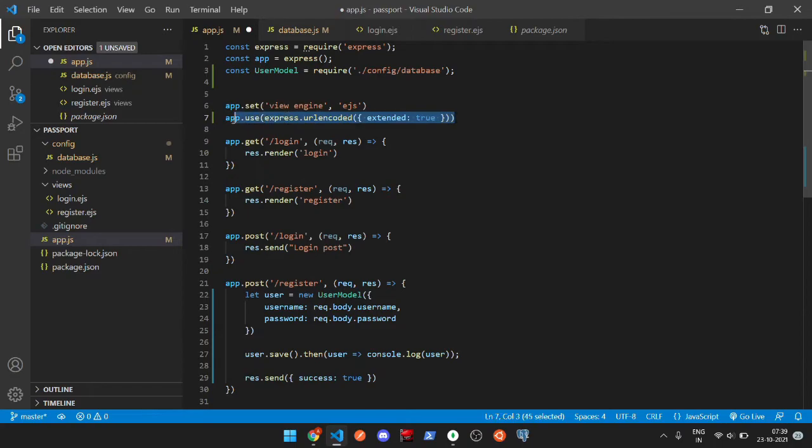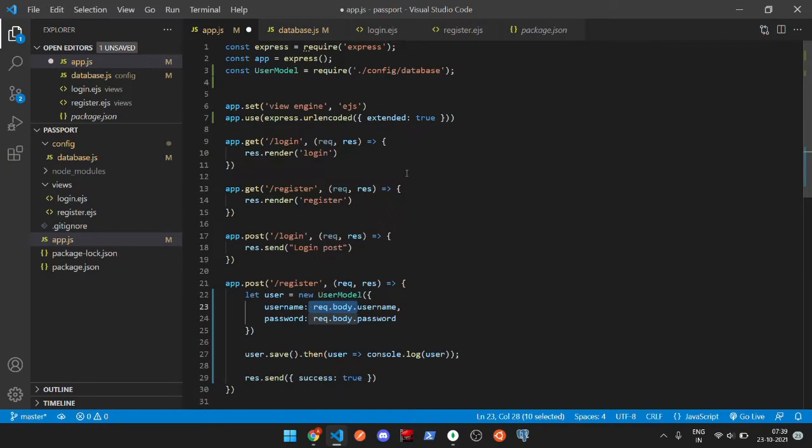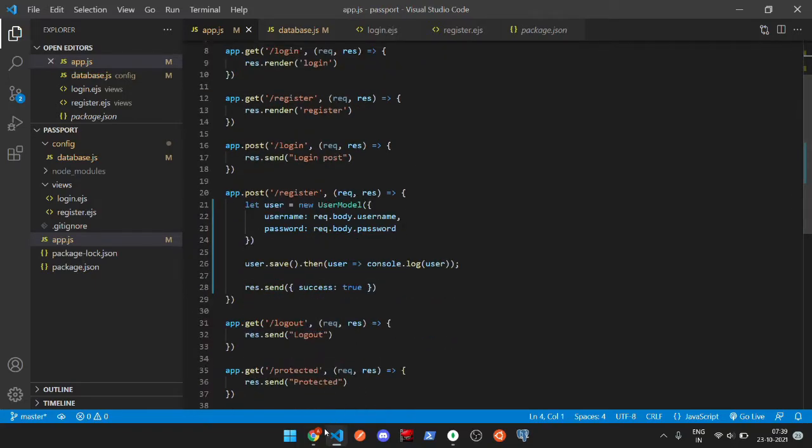This middleware will basically parse the incoming request from our form to the format that we need. So the format that we need is request.body.username. So this will do it for us. And now if I try to save and run it again,